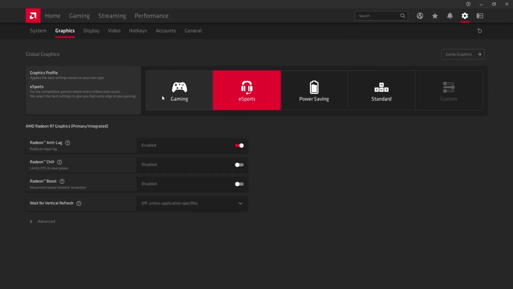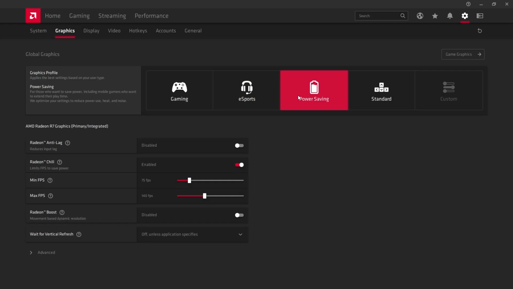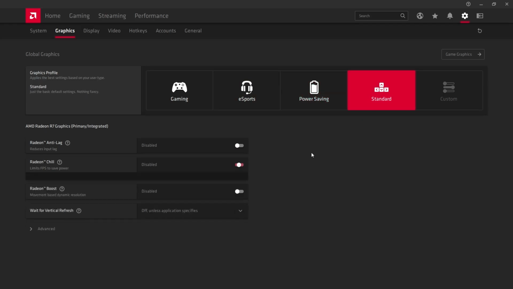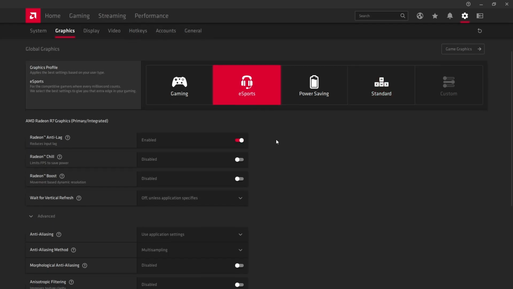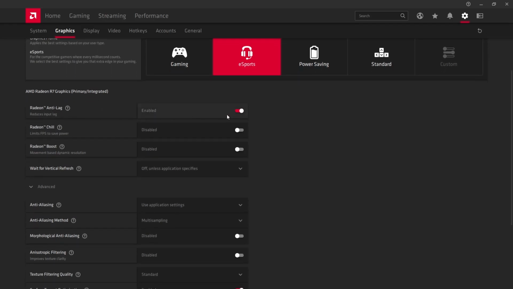The gaming section balances performance and graphics and sets up the game settings on its own, so you can have the best experience with graphics and balanced performance. The esports version focuses on performance, the power saving version focuses on saving power, and as you can see, standard is the default. So what we're going to do here is set up the advanced section of AMD Adrenalin according to our own needs. Click on esports so you can get the best performance, which has Radeon Anti-Lag enabled,